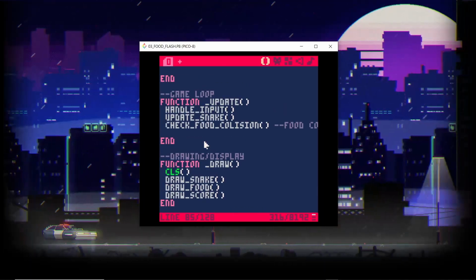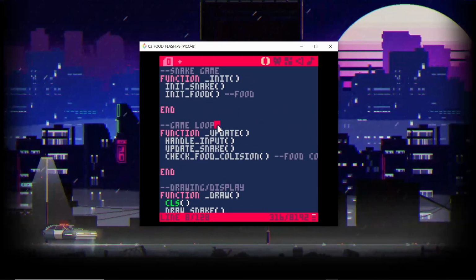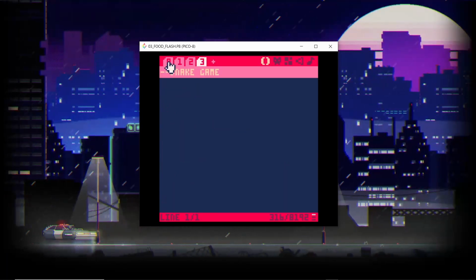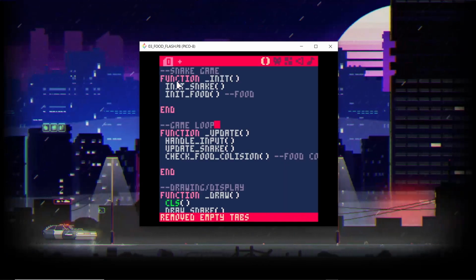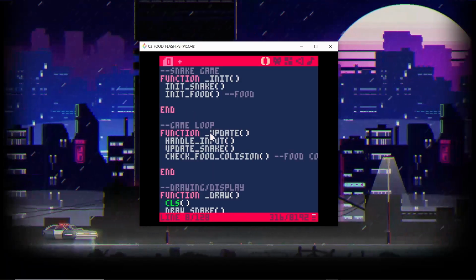So it's beginning to get messy, and we don't really know where things are. Actually, we can use these additional tabs to create functions. But since we're starting, I don't want to have functions everywhere. So like that. In our update,